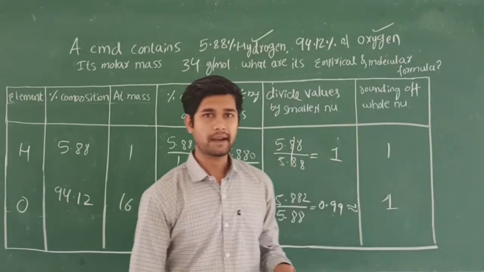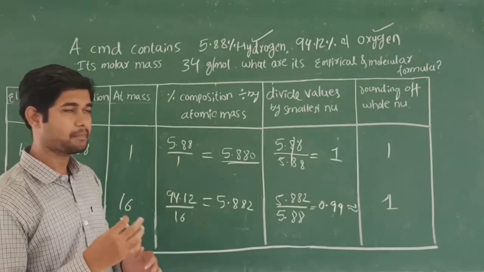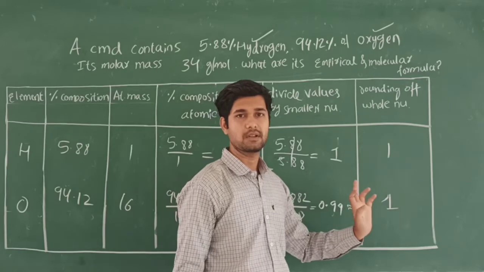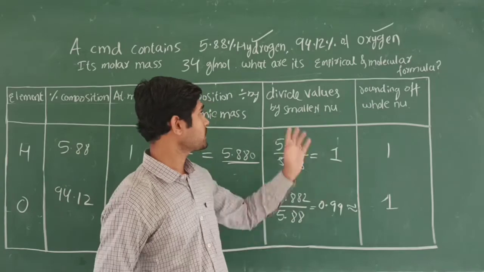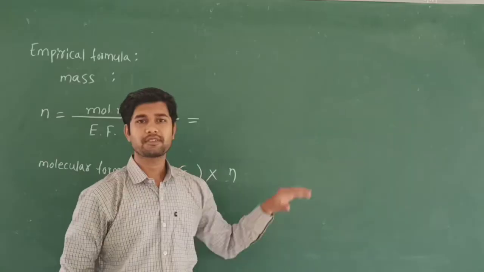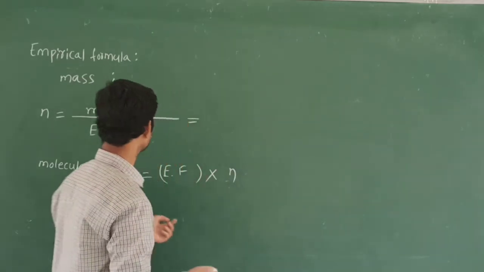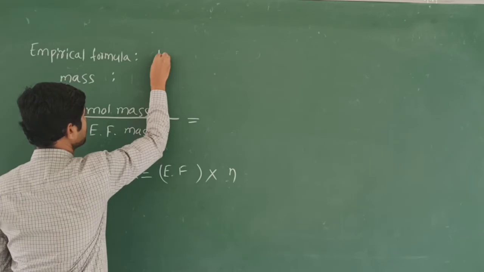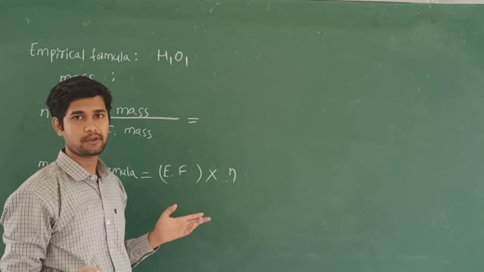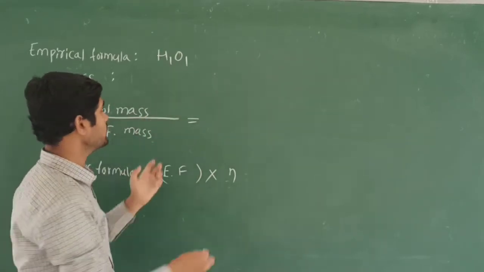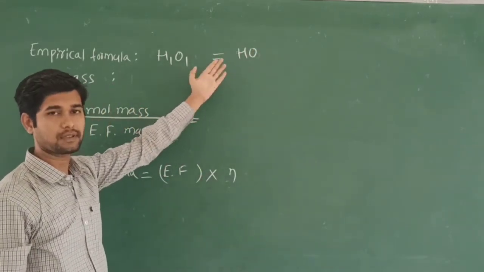So I can tell that each element, that is hydrogen and oxygen, will have the empirical formula as H1O1. The remaining step is to find the molecular formula, and we should also write the empirical formula. After rounding the values of hydrogen and oxygen, they will be in the ratio 1:1. So I am going to write the empirical formula as H1O1. They are in the same ratio 1:1, so H1O1, that I am going to write as HO. So it is the empirical formula of the given compound.